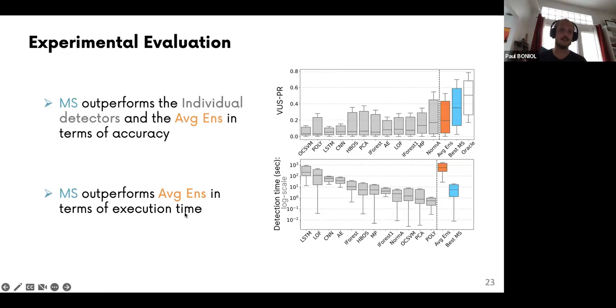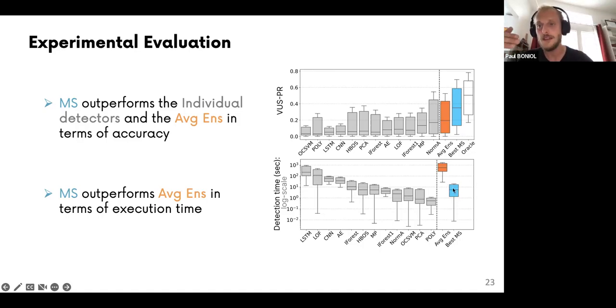Then we can summarize this entire experimental evaluation here. So here we see the plot I showed you during the introduction. And we see that the average ensemble method is here, still better than the individual approach. But the best model selection approach that we succeeded to train is here, right in the middle between the average ensembling and the oracle. So these are very, very good performances,